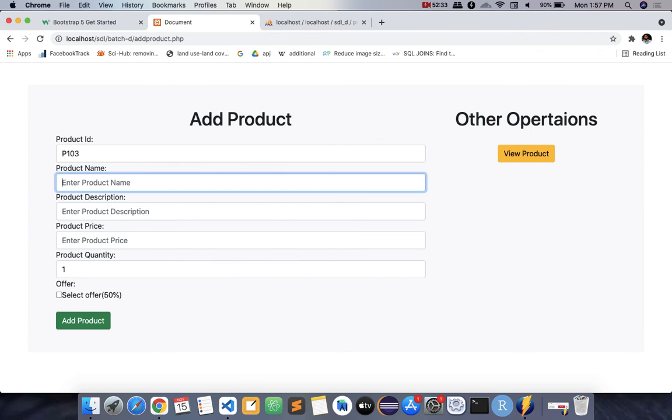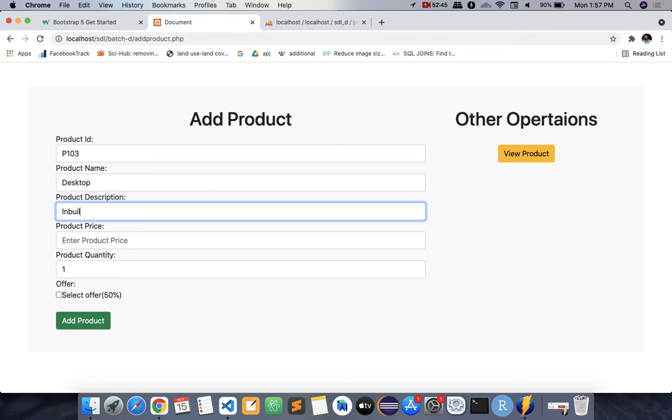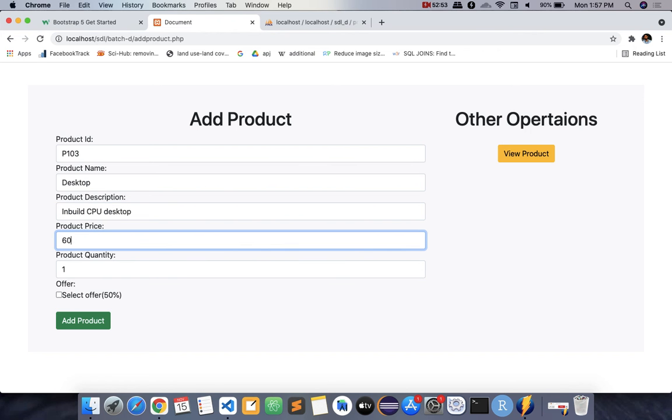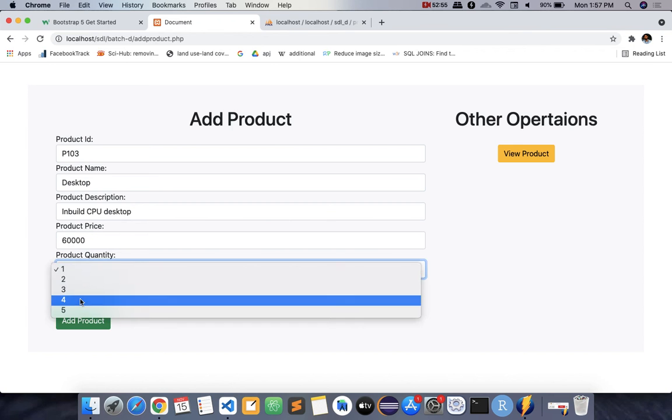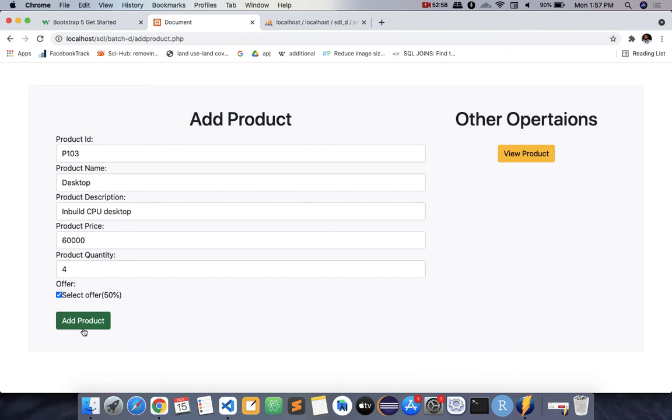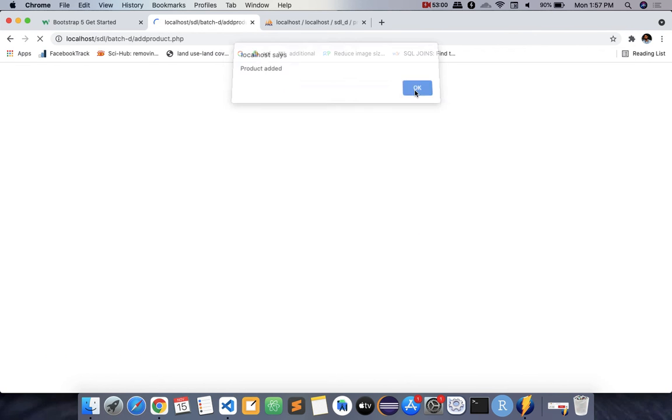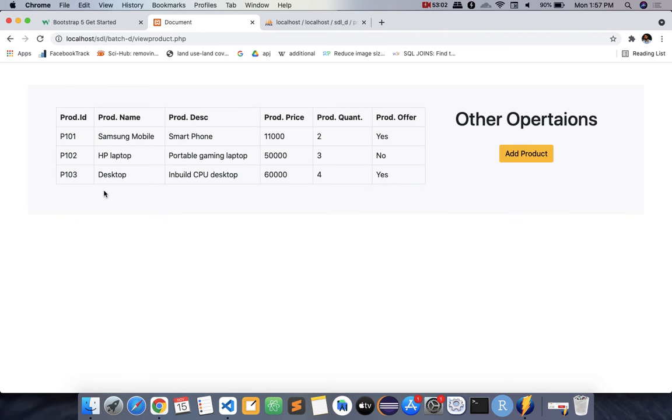P103. Product name is Dolo. Desktop. ऑफिस यूज. Four offer yes. Add the product. Okay. View the product. You can see that you got the product. Done. Any doubt? Any query?